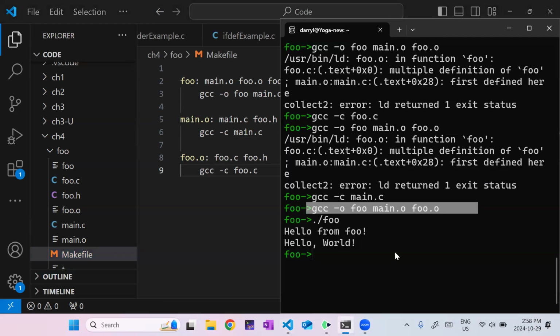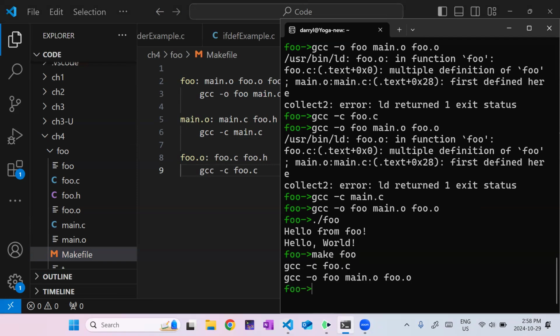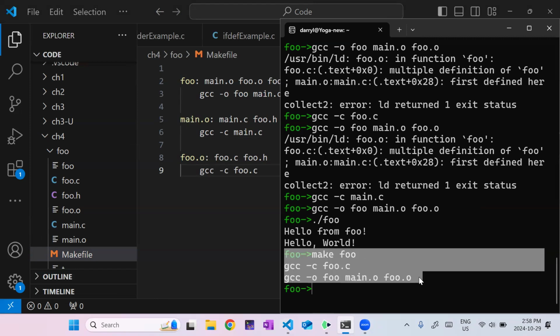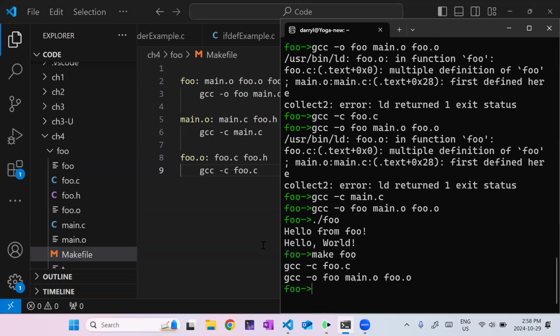So now I'm going to run make foo, right? I'm going to call the foo command. And it's going to recompile my stuff. It's going to recompile, well, you see, it didn't recompile everything for some reason. I do think so because I'm using Windows subsystem for Linux and it's accessing files on my Windows system, and if you're using a virtual machine, you might run into problems where it doesn't quite see that the correct files have been updated, right? Because the timing might be off a little bit. At least that's what I suspect, why I get this weird behavior sometimes.